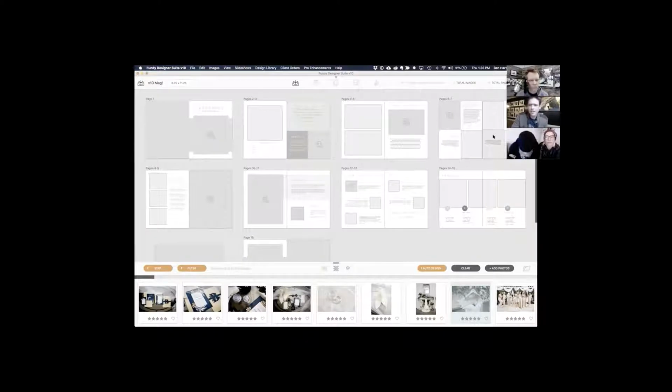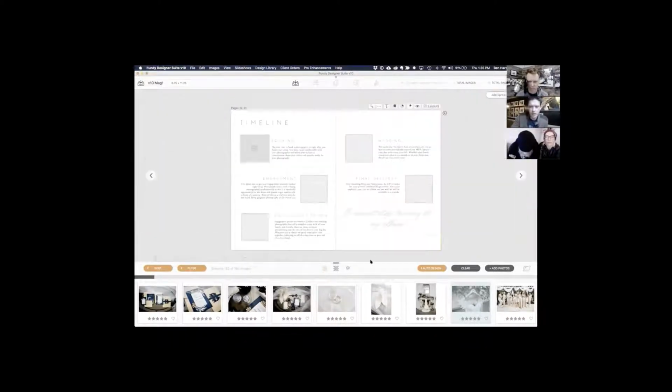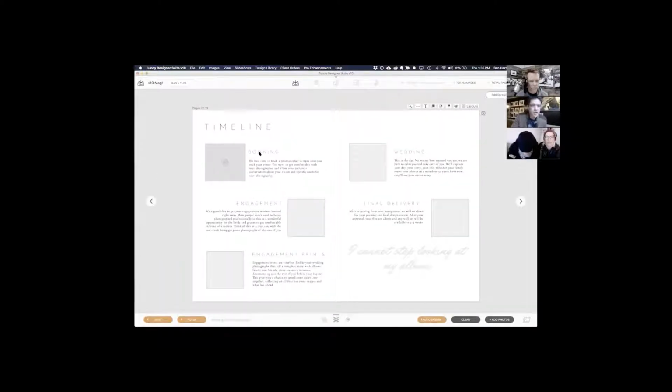So here we have these templates, right? This is the initial template. Maybe we'll go into the timeline one here. I'll minimize my images. So we've got this. It looks great, fantastic. I can go into layouts here, and I'll go to my magazine, and in the design